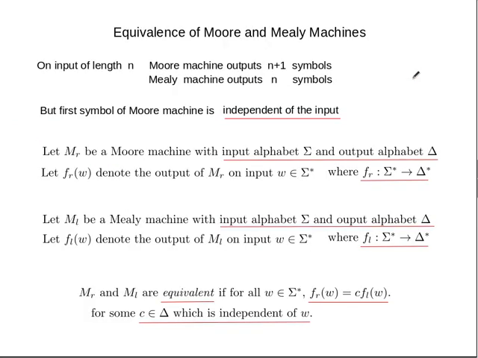Now the question is, are they equivalent? This is what we are doing with all the different models of finite automata with yes-no output. We showed that DFA is equivalent to NFA, is equivalent to epsilon-NFA, and so it's equivalent to regular expression. Here we have a difference, that now we are talking about arbitrary output, and here also we have two different models. So are they equivalent? Now here equivalence